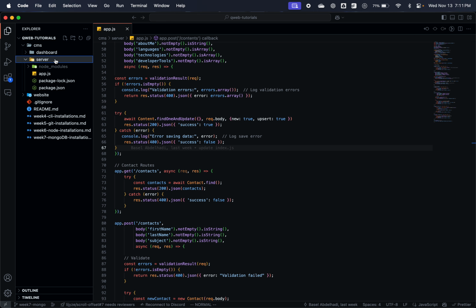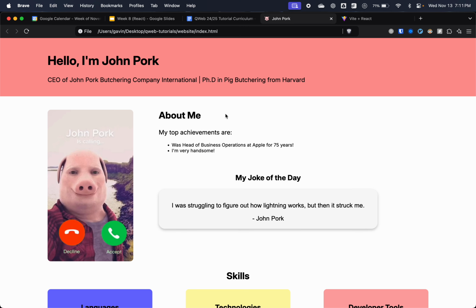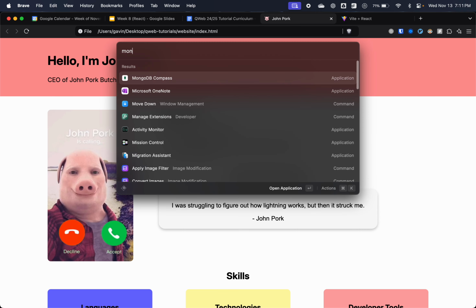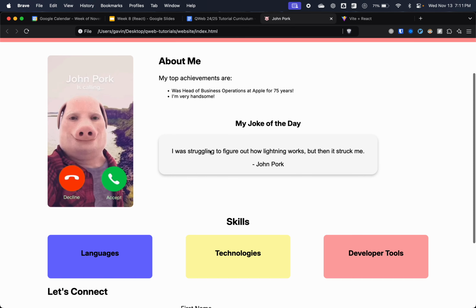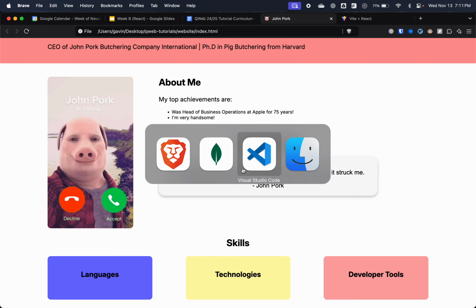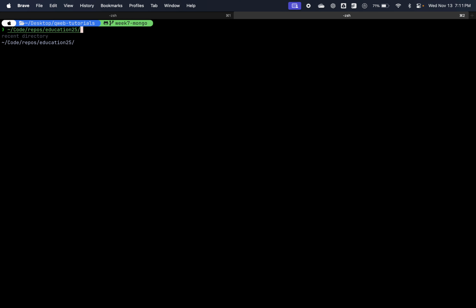For the past 7 weeks, we've been building a website, and here is our beautiful website. Currently, it fetches content from the backend. The backend then fetches content from the database, a MongoDB database. Right now, the server hasn't started yet, so we don't have any content. If I go over to my terminal and go to the actual folder,